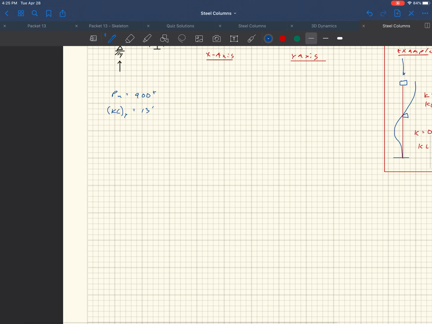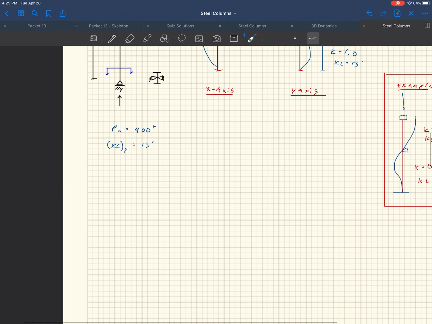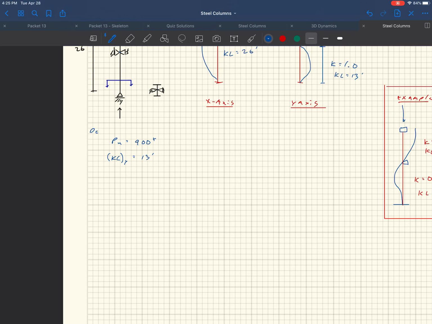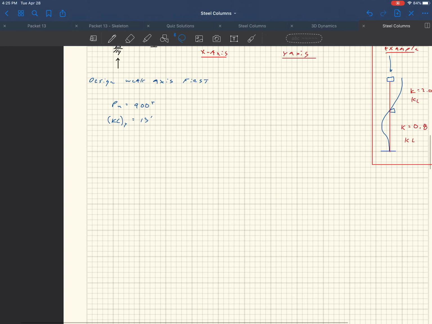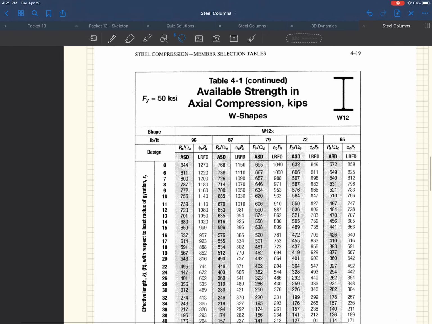So what I do is I go to table 4-1 and I design for the weak axis first. So I come into this table 4-1, and I